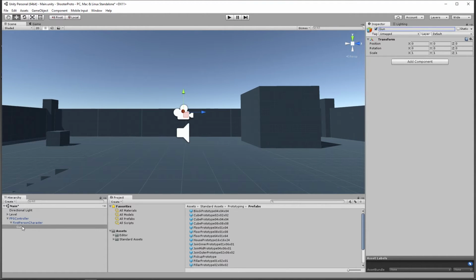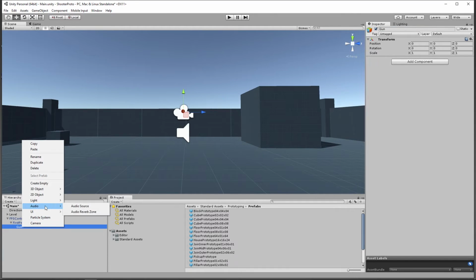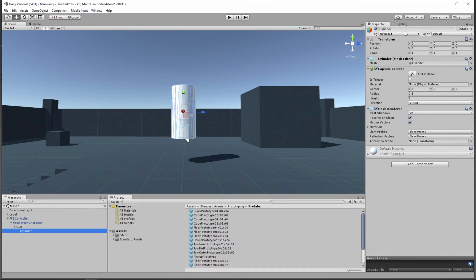And what we're going to do with the gun is right click on it and create a 3D object of type cylinder, and we're going to call this gun barrel. Currently it's vertical and way too big, so we're going to rotate it around the x-axis by 90 degrees, because we can see Y is up, Z is away in this, and X is in and out of the screen based on this gizmo over here. And we can scale this down to 0.1